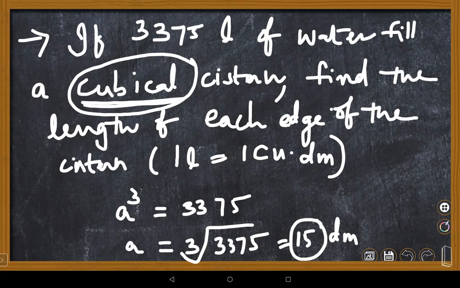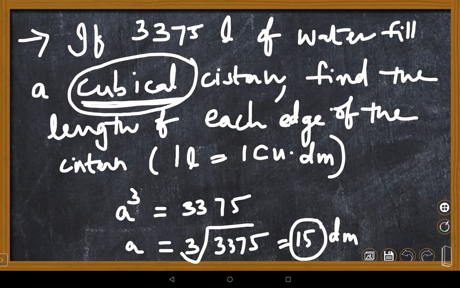Lateral surface area of a cuboid or cylinder. You just go with the cylinder shape, meaning 2 pi r h. TSA of a cylinder is 2 pi r into r plus h. LSA of a cuboid is 2 multiplied by l plus b into h. TSA of a cube is 6a square. LSA of a cube is 4a square. Total surface area of a cuboid we already discussed. Like that, please go with the volumes also. You are supposed to learn, children. Volume of a cuboid is lbh. Volume of a cube is a cube or x cube or whatever side cube.